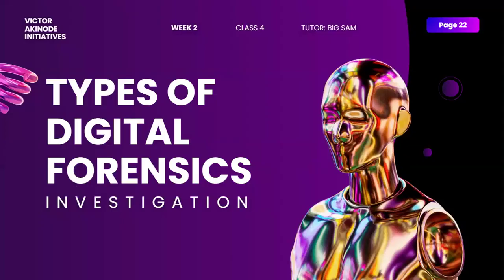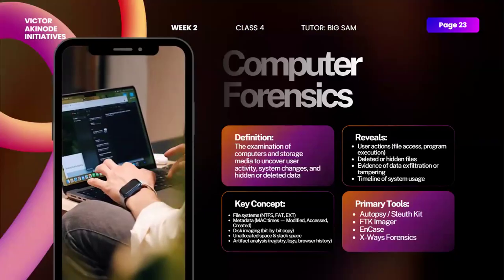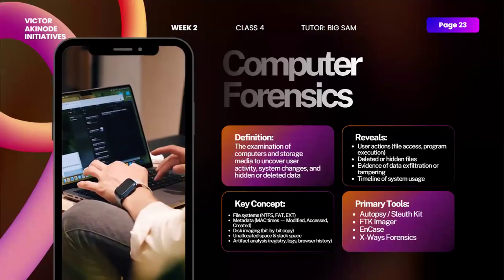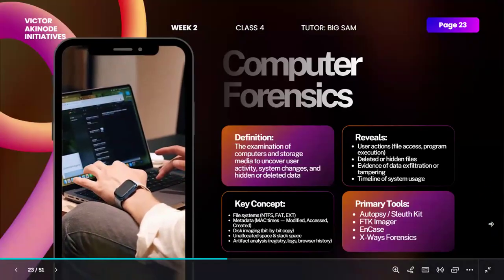Now we have types of digital forensic investigation, just like in ethical hacking we have web hacking, API, and mobile. In digital forensics, we also have types of investigation. You might not be able to do everything; you might just be good in one or two or three. Now we have computer forensics, which is the examination of computer storage media to uncover user activities, system changes, and any